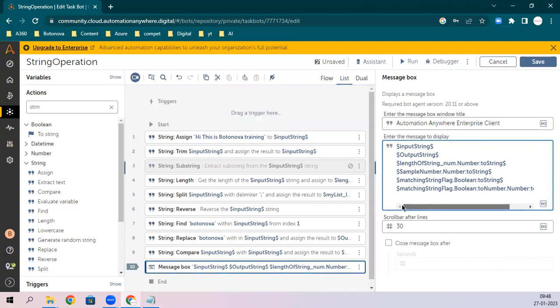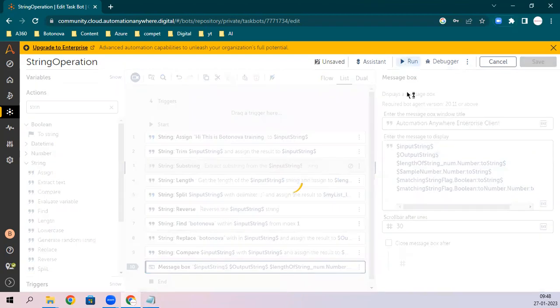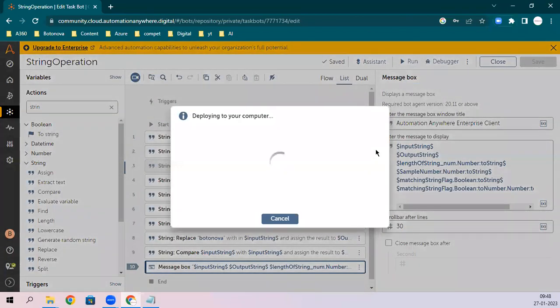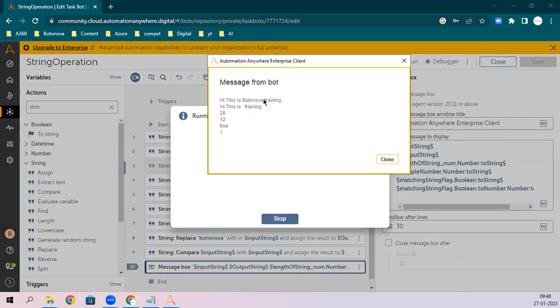So we'll see. So let me run it. So the boolean value, you always have a true and false. Once you convert it to the number, then the true will become 1 and the false will become 0. I showed it to the output as well. See, so this string is matching to this string only. So it is matching true. And when I convert it to the number, और show करने के लिए मैंने string में convert किया उसको to show into the message box. So true, then convert to the 1. Whenever you are getting false, it will convert to the 0.